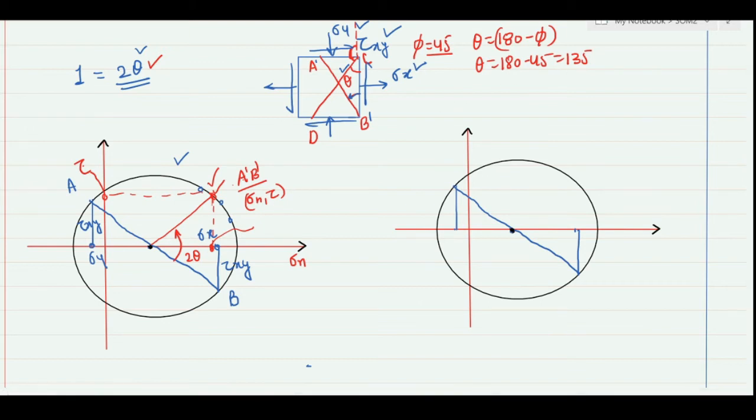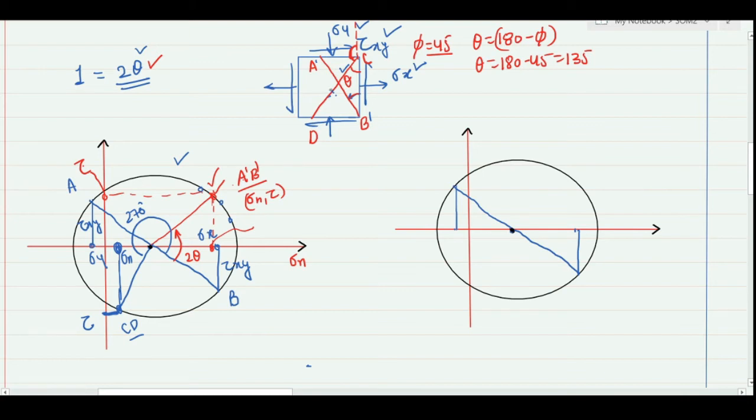So I will again make a plane which is at 270 degree from my AB line. I will start making an angle here, and this would be the position, and this angle will be 270 degree. So this point is going to represent the CD plane, and corresponding to this plane, this is the normal stress, so I can consider that this normal stress will be on this CD plane. Similarly, this is my shear, so this shear will be there on this CD plane. When I take a numerical problem, you will have more clarity. So this is all about finding the normal and shear stress on any oblique plane.